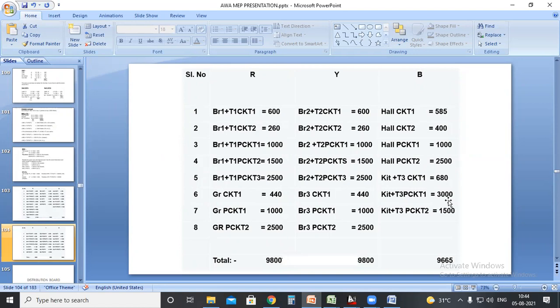So what is the importance of balancing the load? Then only you will get proper current through each phase. If it is an unbalanced condition, the neutral current will be more and it will be affecting the transformer, all the circuits, nearby circuits, etc. So it is mandatory to keep the circuits balanced in each and every distribution board. Okay. So based on this final balanced condition, we will be selecting the appropriate distribution board as per your standards.